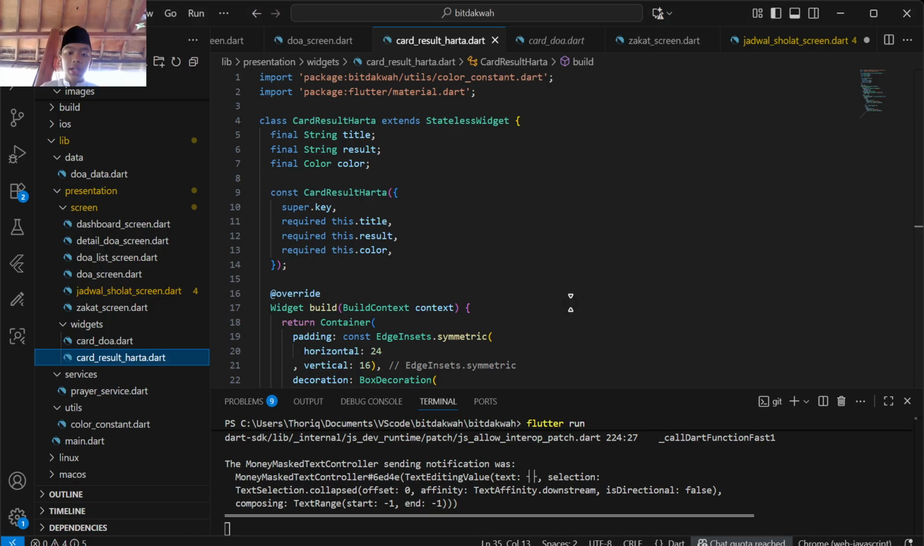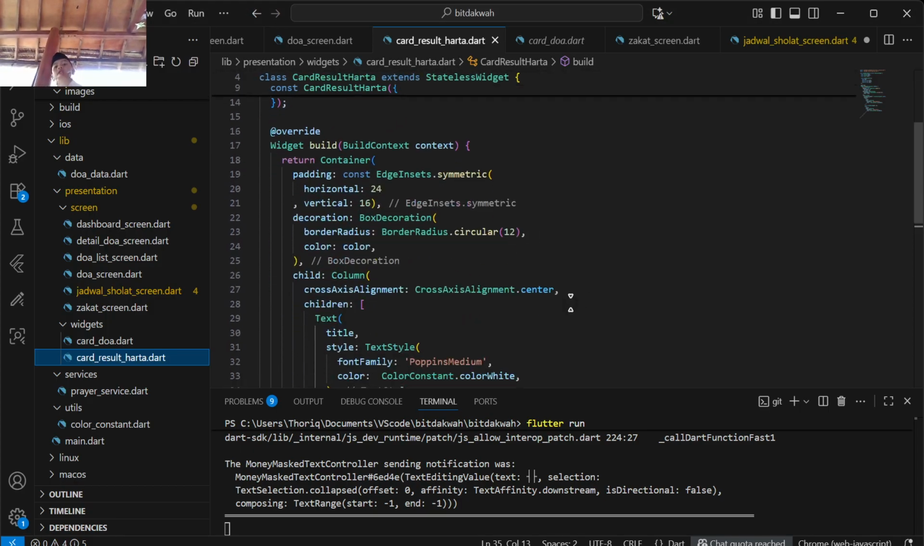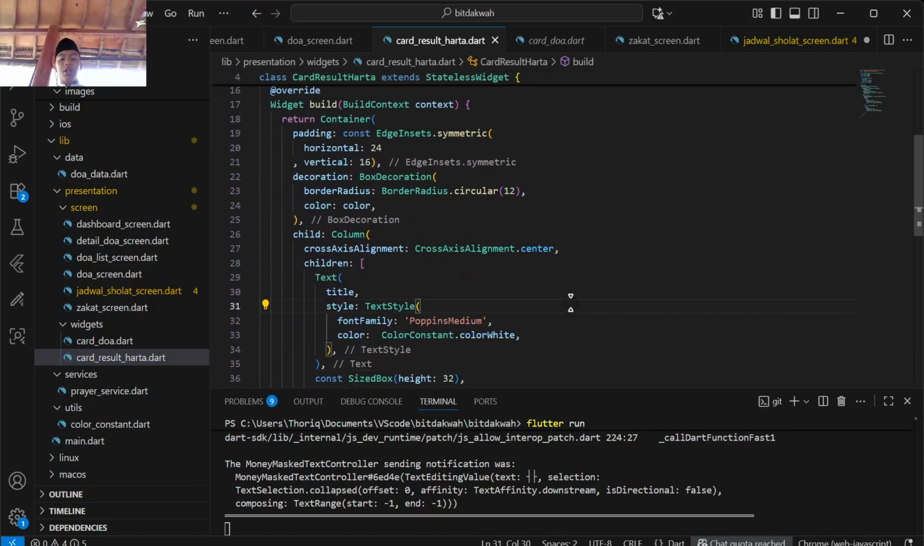And you can see it here. So I use Flutter and Dart code, and I will not explain all of it because it would take an hour. I just explain several pieces of code that I think are the most important: the card result, the warning dialog, and this zakat